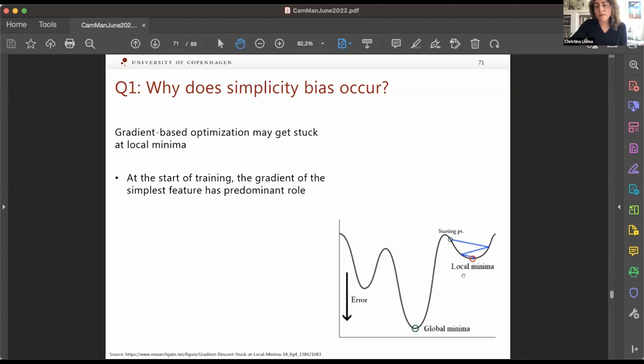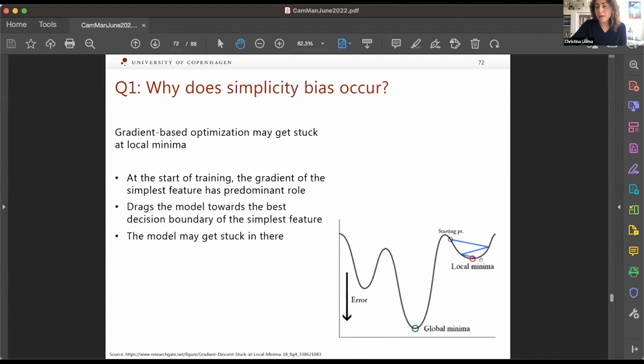And if that tends to make the model get stuck in a local minimum, then there might be cases where the model is not able to escape. And then we get stuck with predictions that basically use only this most simple feature. I understand I'm being fuzzy about this because this is not conclusive. This is just one indication, and it's being investigated right now.